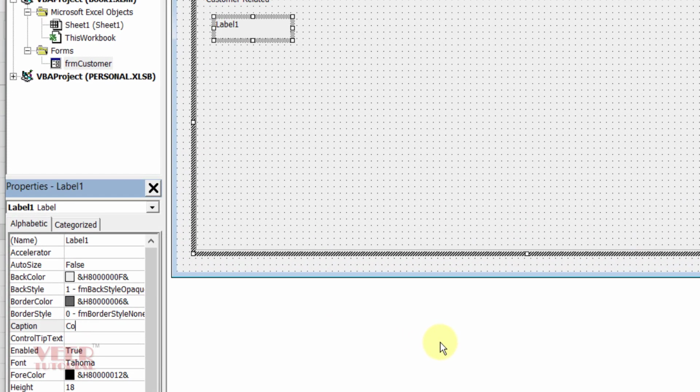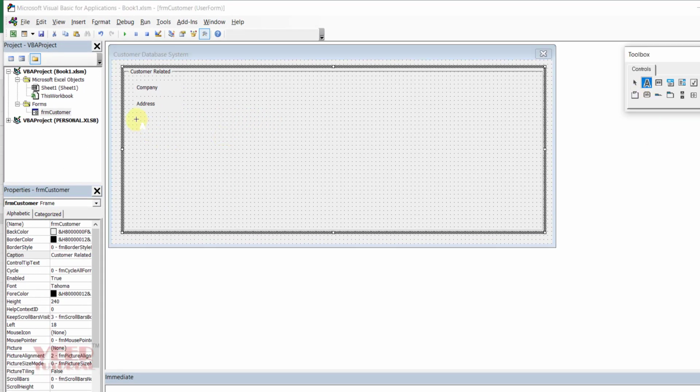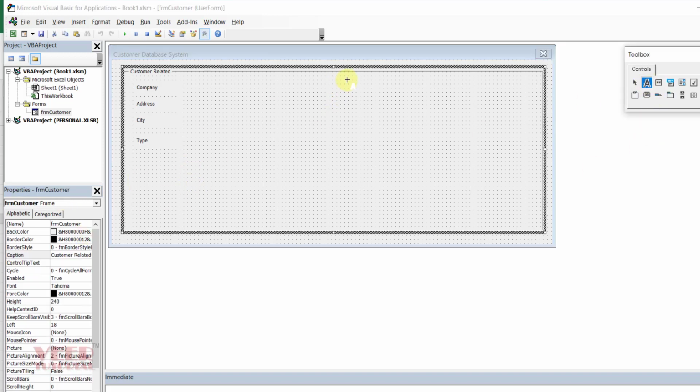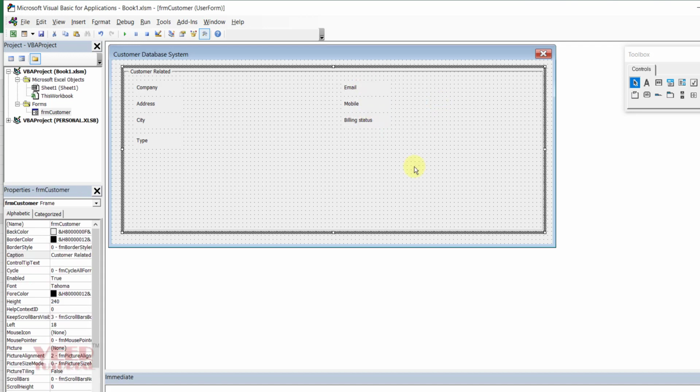So the first label would be Company, and now we can copy and paste, and then we will change the caption to Address. Looking nice.